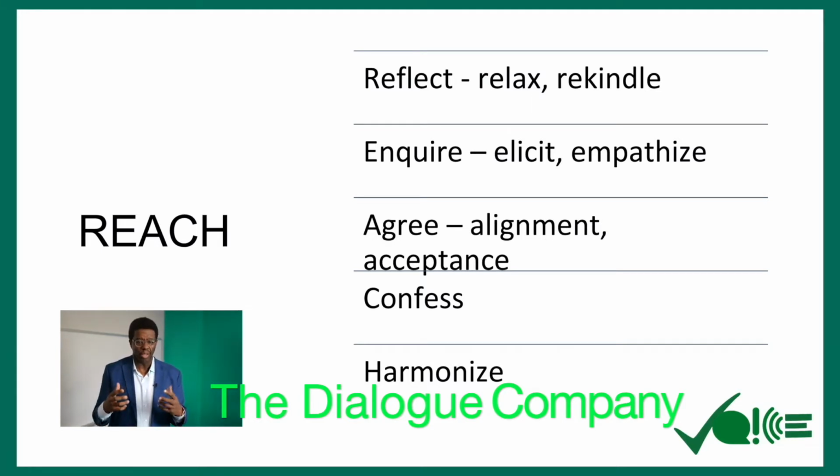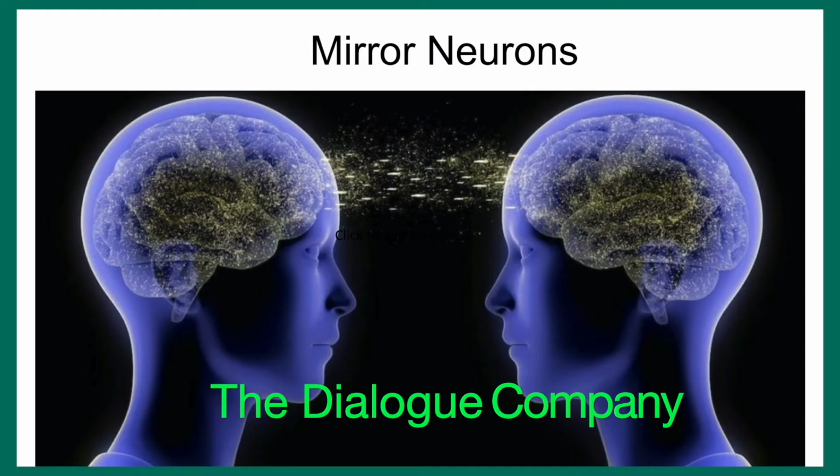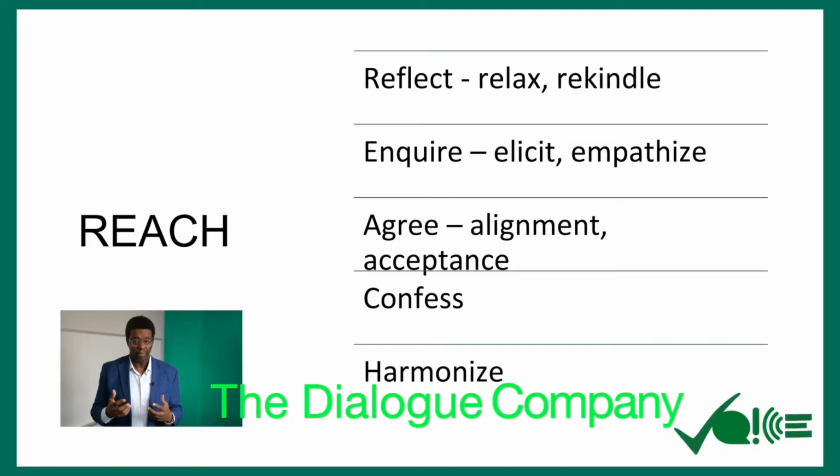Confess. When you're trying to influence someone, we often think we need to completely reject their position. It turns out that the best way to influence somebody is to demonstrate that we understand where they are. What this does, especially if we do it through a story, is it fires up a part of our brain called mirror neurons. And that's where they try to feel what we're feeling if they feel identified with us. The confess step fires that up. Then you try to move them with the harmonize step by telling them a story that shows how you have gone from where they were to some new place.